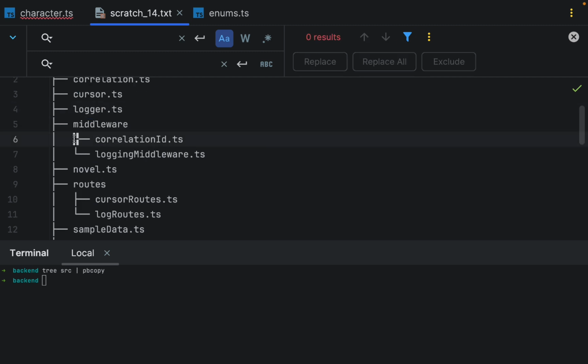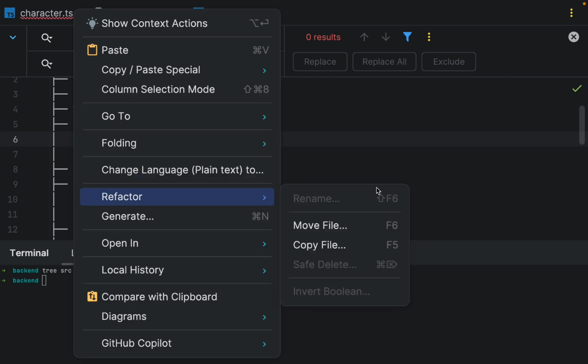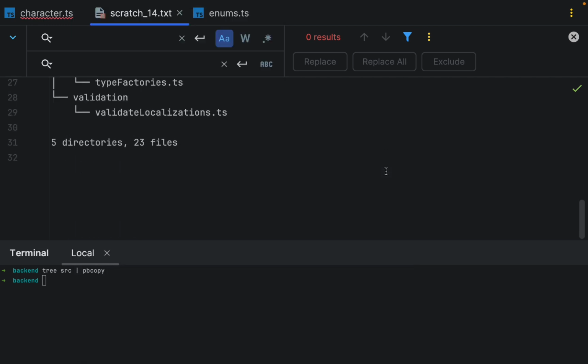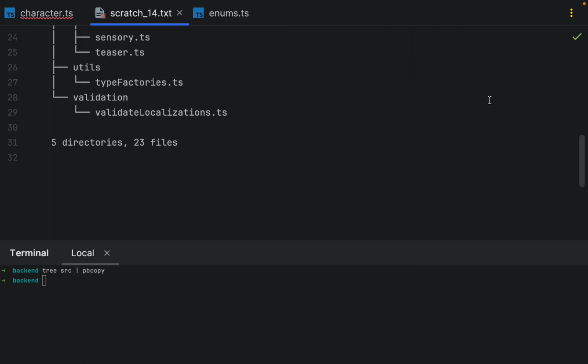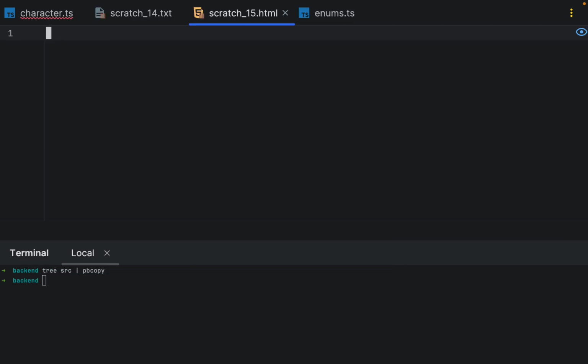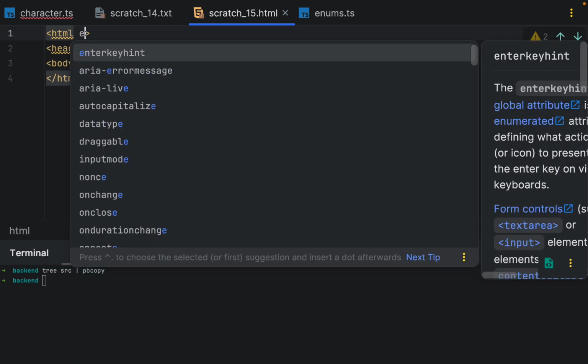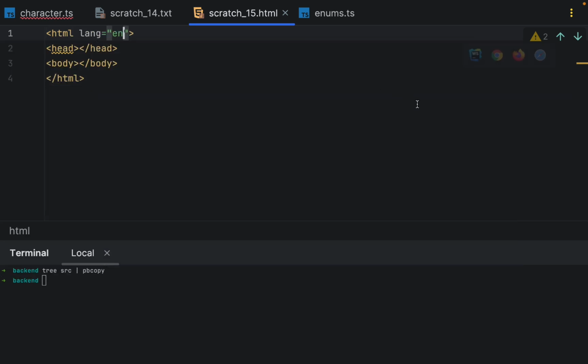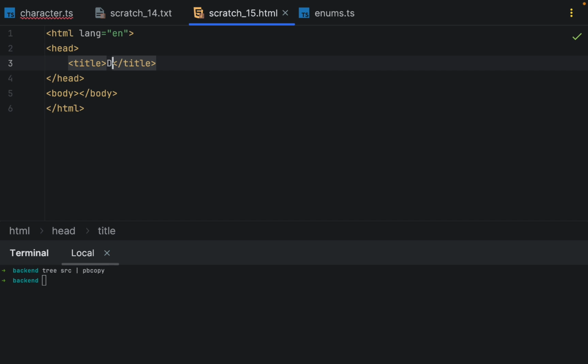That's interesting. So I don't know how the terminal represented a non-breaking space character. I'm used to that being, let me see if I can create another scratch file. In HTML, I'm used to the non-breaking space being like HTML, head, body. And I think this is throwing an error because it needs a language, which is English. And this is throwing an error because it needs a title, which is demo